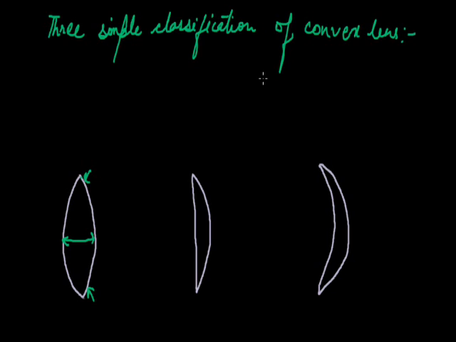and as the diagrams are showing, the first one is said to be biconvex or simply the convex lens. In this lens, both surfaces are parts of a sphere, or we can say that with each surface we can imagine that a sphere is connected, or each surface is taken to be a part of a sphere.